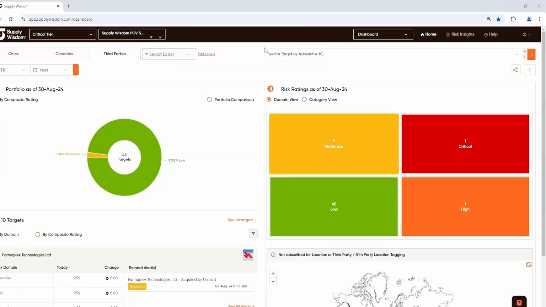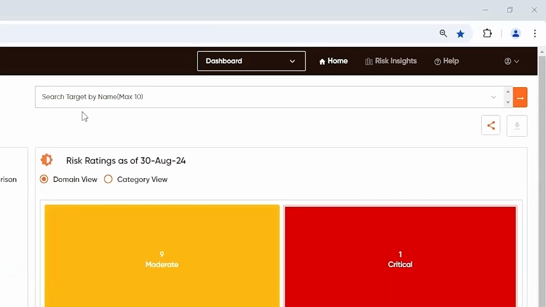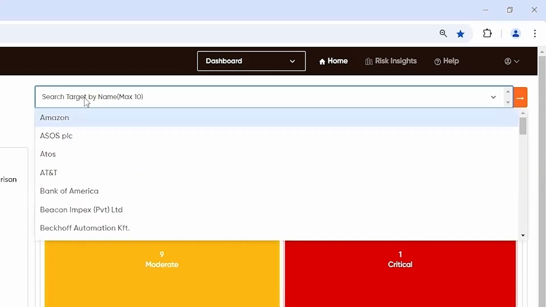You'll also find the search bar here in the upper right corner as a great way to navigate through the platform and get right down to metrics that are of interest to you on any given day. You can use the search bar to get to an individual profile very quickly. Let's say I'm interested in getting to the profile for Amazon. I can type in the name Amazon in my search bar. I can click the name and hit this orange arrow. I'll immediately be brought to a focused view for just the current metrics for Amazon.